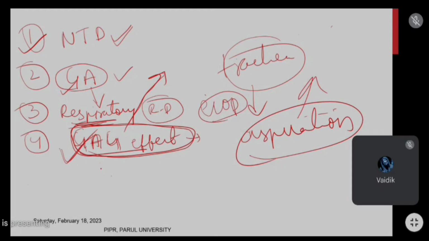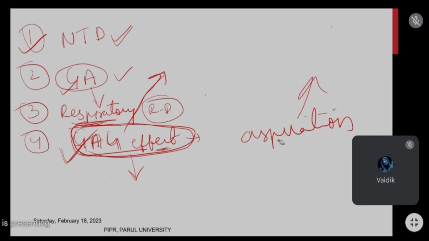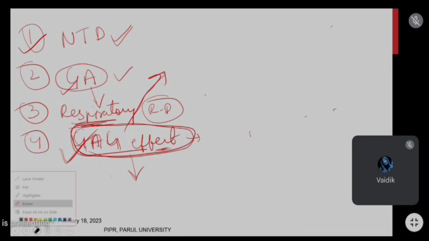General anesthetics are decreasing the gag effect. They are losing gag effect. They are decreasing pharyngeal reflexes. So the fourth general principle is very important, to maintain gag reflexes. To maintain gag reflex, again the patients are performed with endotracheal intubation. This is the fourth principle. Now, the fifth principle,